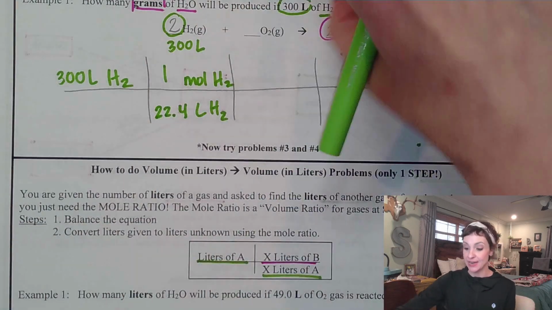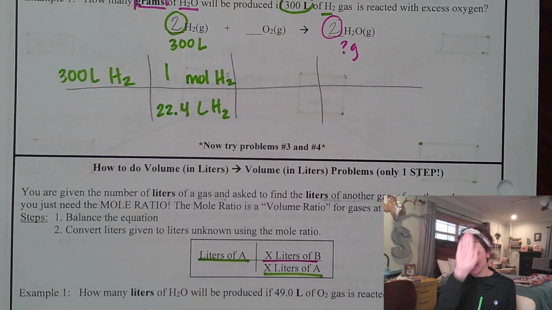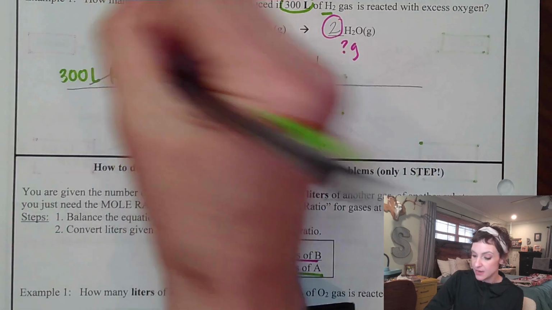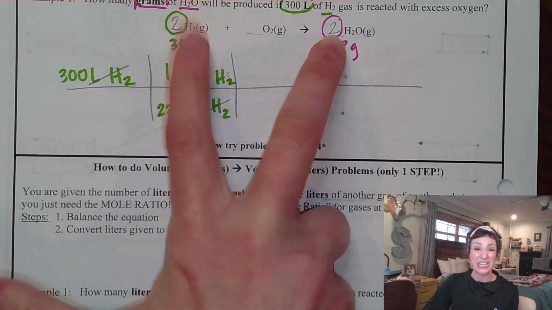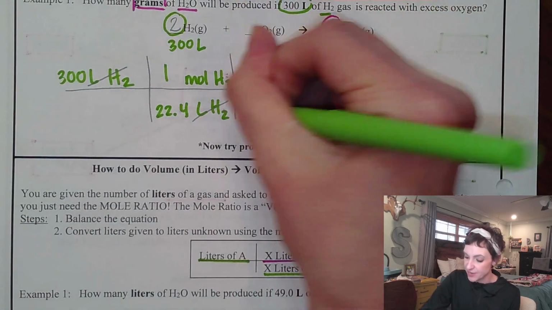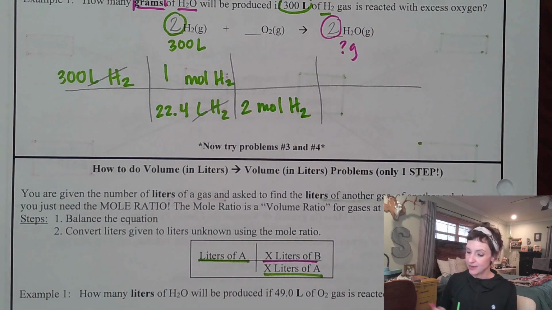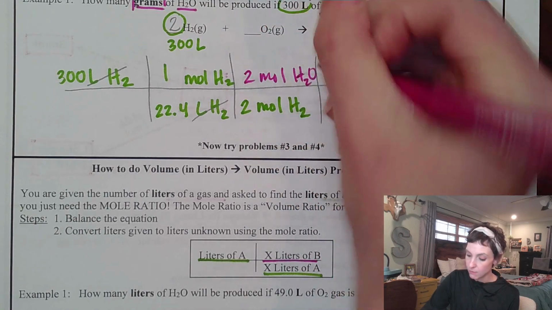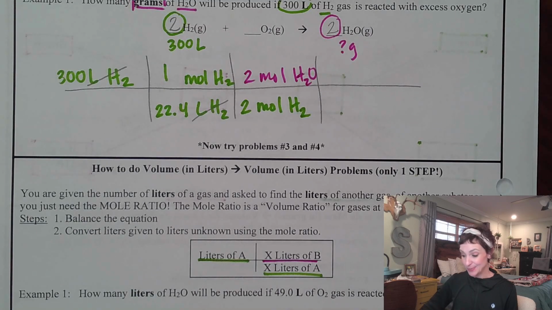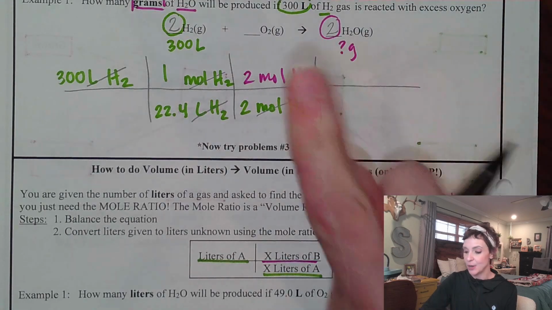You see how I kind of did that with my brain? Sometimes it's good to use our brain as opposed to being like, what do I do? Map, tell me what to do. Yes, my units, I really like to have my units plan me out. Okay, so that means I'm out of liters of hydrogen. I'm at moles. Yay, I'm at moles. I'm ready for the mole ratio. I already have them circled right there. It is a 2-to-2 ratio, which means for every 2 moles of hydrogen, there are 2 moles of water. Amazing. So the purpose of that step is that now I've crossed over the dividing line,